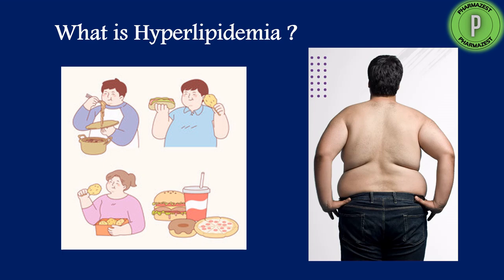So when we eat unhealthy foods and junk foods, fat rich foods like burgers and pizzas, which contain high amounts of fats like cheese, different kinds of cheese, what happens? Lipids are accumulated in the body and we get a condition known as obesity.